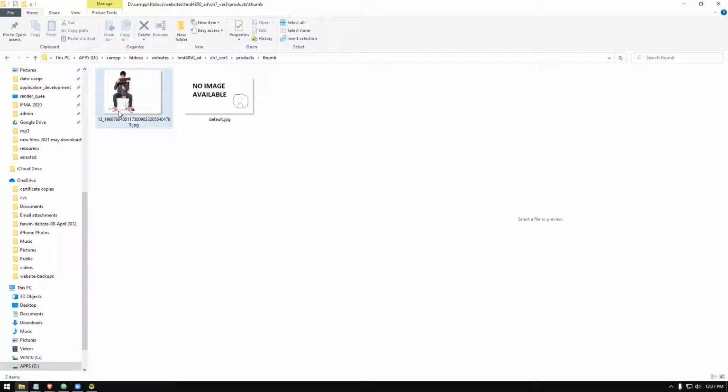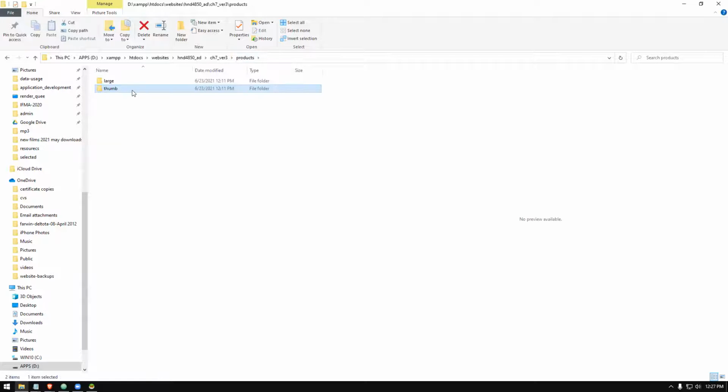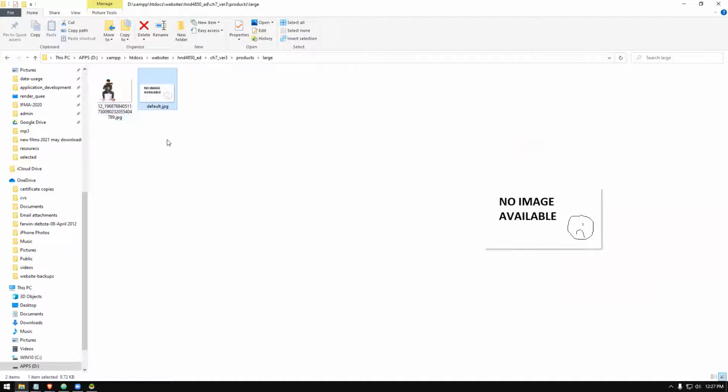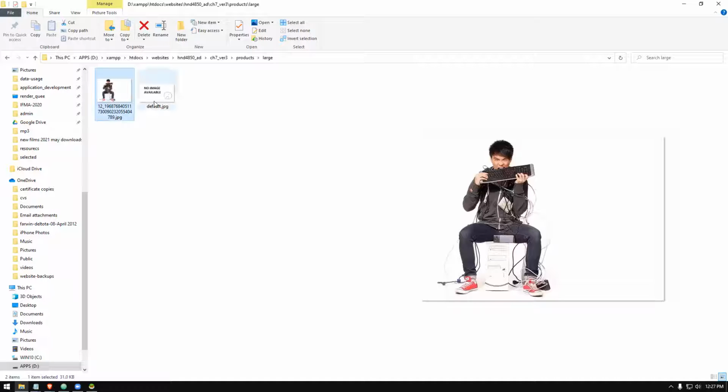You can see the 12th record has its picture, and default.jpg is available, and under large also the original picture is there along with the default.jpg picture. Now, under no circumstance should we erase this particular image. We can erase other images if you want to. So we will see how it can be done with the system.